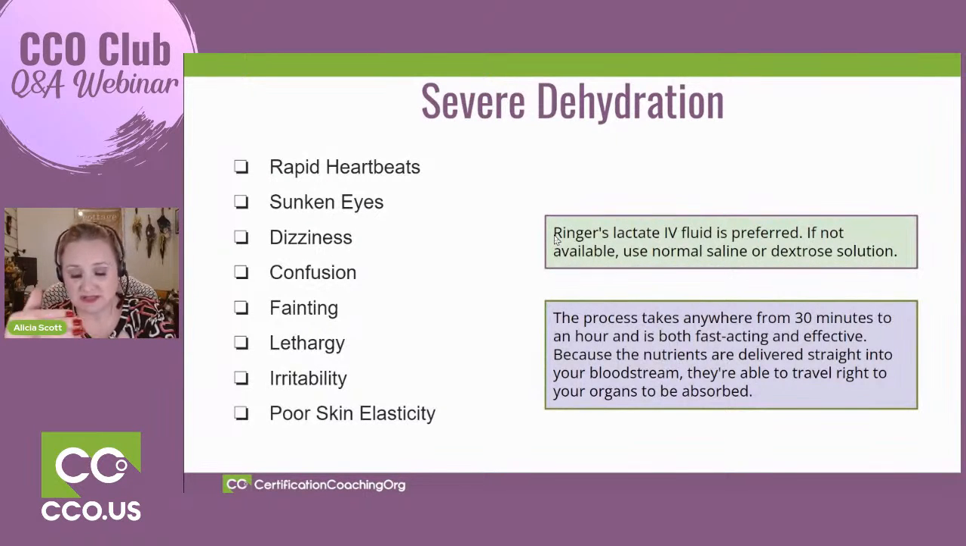For severe dehydration, that starts messing with the chemical imbalance. You're going to have rapid heartbeats. You can have a palpitation type feeling, sunken eyes. You'll get dark circles under the eyes, dizziness, absolutely the headaches and stuff, confusion, having kind of a brain fog, fainting. You'll hear them say, "Well, I see spots," or "I'm getting tunnel vision." Lethargy. That's probably one of the first signs, and I would say you see that